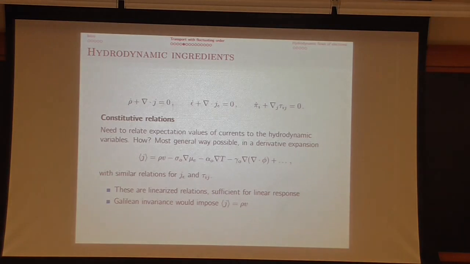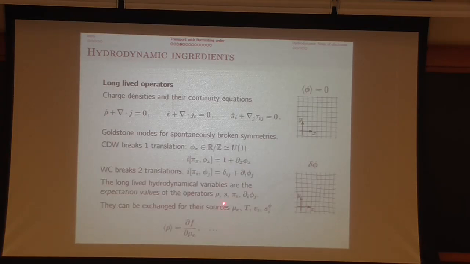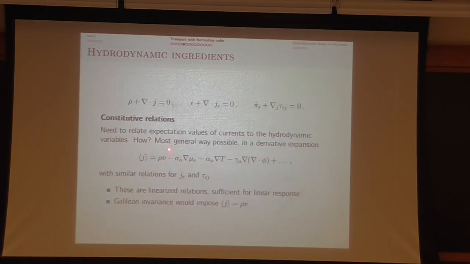Can you quickly run through what you mean? So you have charge density, velocity, and what? Yes. Here I'm going to write everything I can in a gradient expansion. My variables are these: I have one vector, the velocity. This is the chemical potential, which sources the charge density. Temperature sources entropy. And this is the Goldstones, and this is the source of the Goldstones. These are all scalars, so I'll just put gradients of these scalars. Phi is a vector because I'm breaking two translations. And then all these coefficients are unknown.